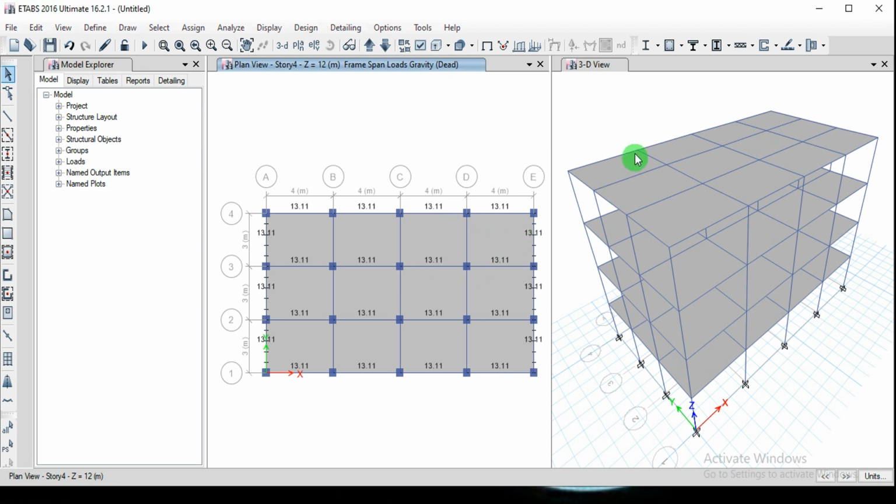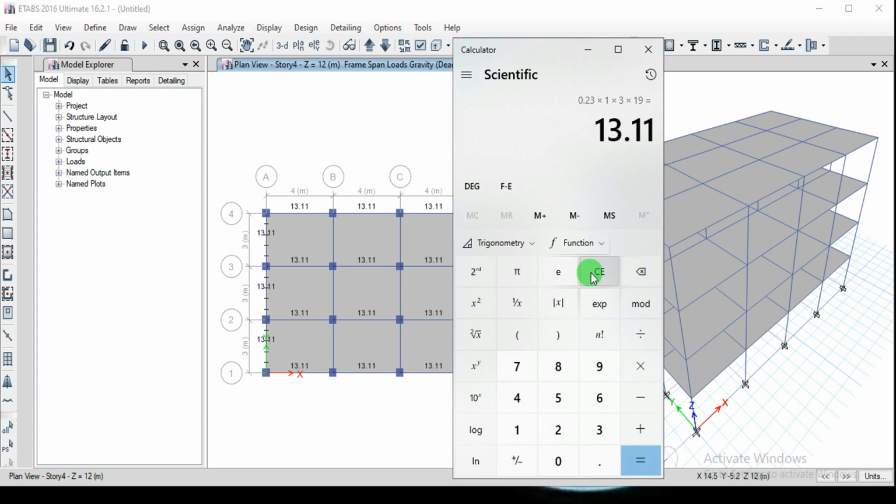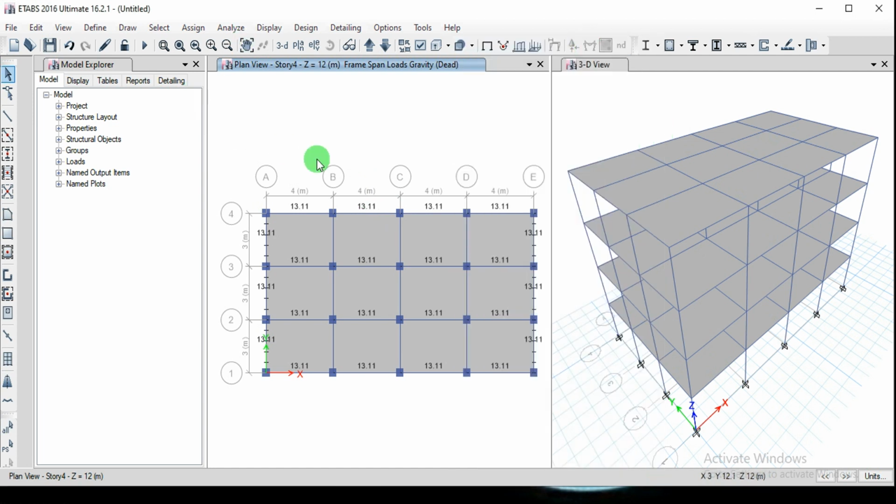Okay, now I want to apply loads for internal beams, that is on the vertical y direction beams. I want to assign half of the brick thickness, I mean half of the wall thickness. So in that case, 0.115 into 1 meter into 3 meter height into 90. Just we are going to get half of this value, that is 6.55. So I'm going to assign this value as 6.56 here.